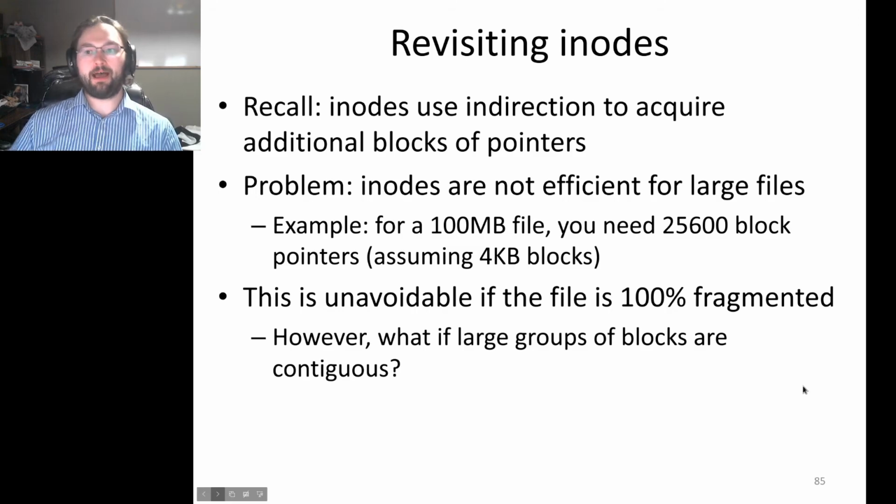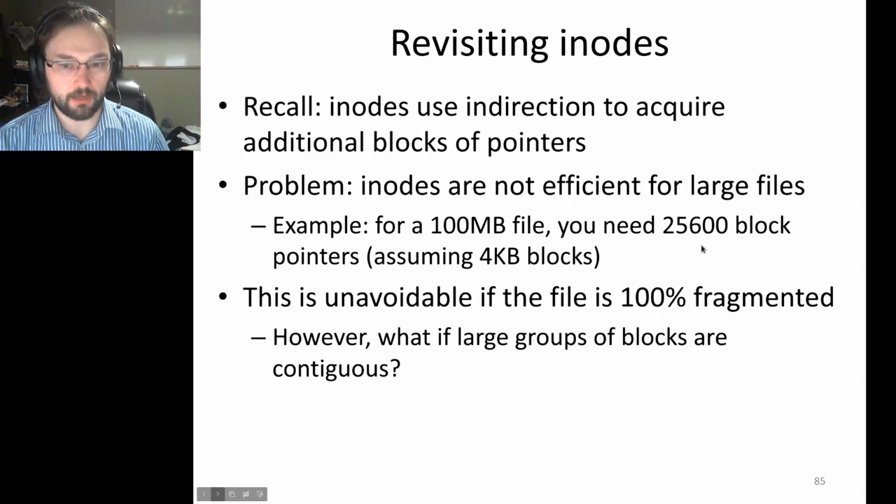Because inode lists allow for 100% fragmentation, we have to store the full list of all the block numbers. And as we're getting to ext4, those block numbers are now 64-bit instead of 32-bit in order to deal with larger file sizes. At a certain point, having 25,000 block pointers for a 100 meg file, that's a measurable percentage of the size that we're spending just